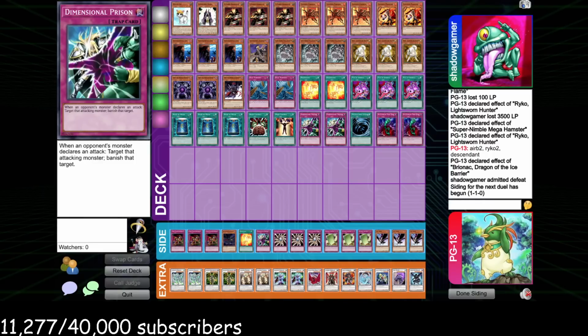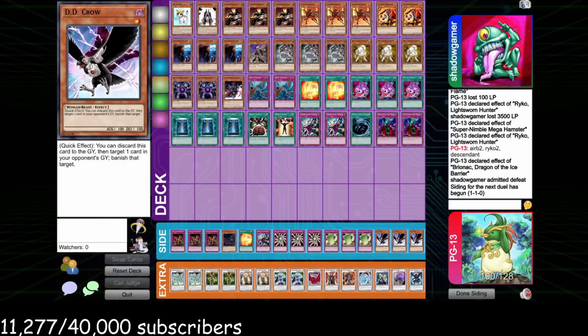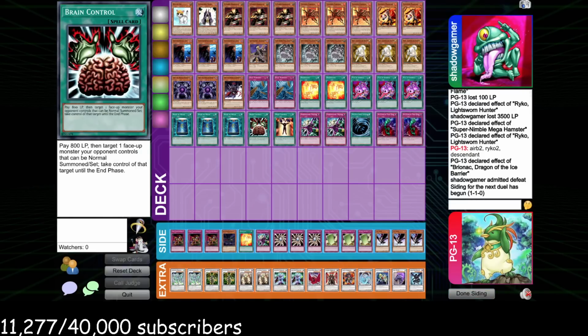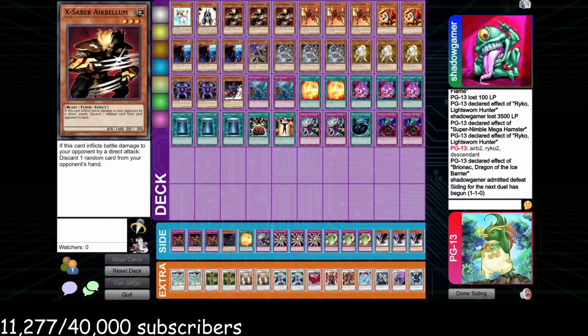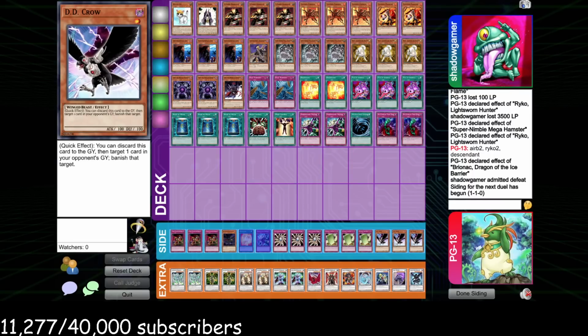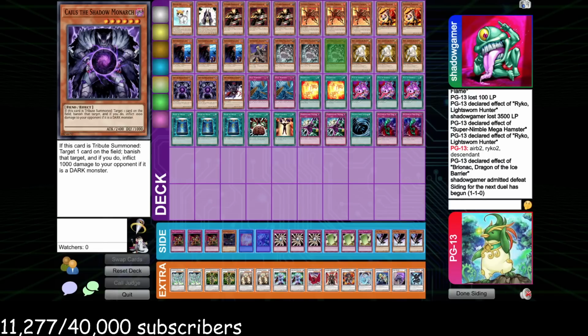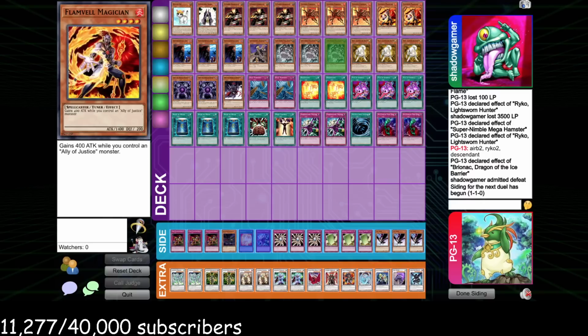He is going to bring in Nobleman of Crossout, which our deck doesn't really do super well against. But we kind of just got to... I don't know, man. The deck doesn't look like it really beats up on Black Wings that easily. Maybe I'll bring in the Deep Prison, the Rekindling, and try to be more Flamvell focused and be less Flip Effect focused. Like I'll side out a Hamster, and then maybe I'll side out like...